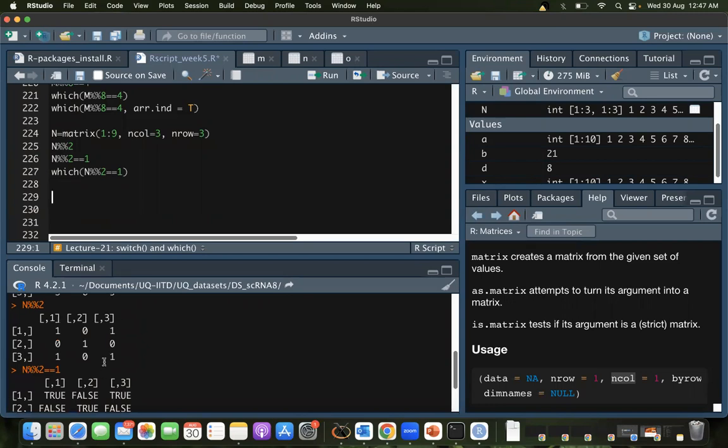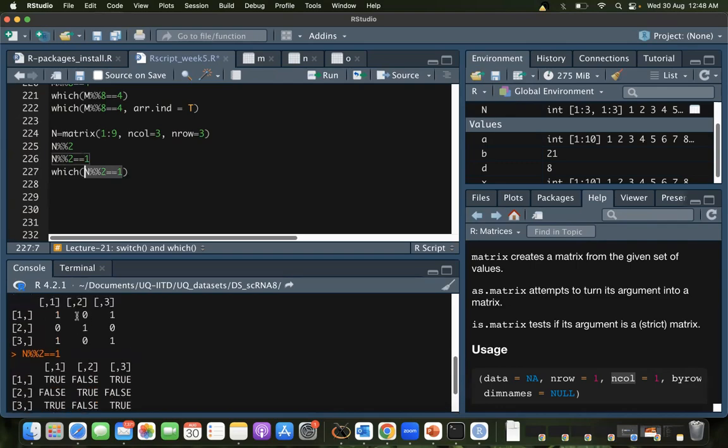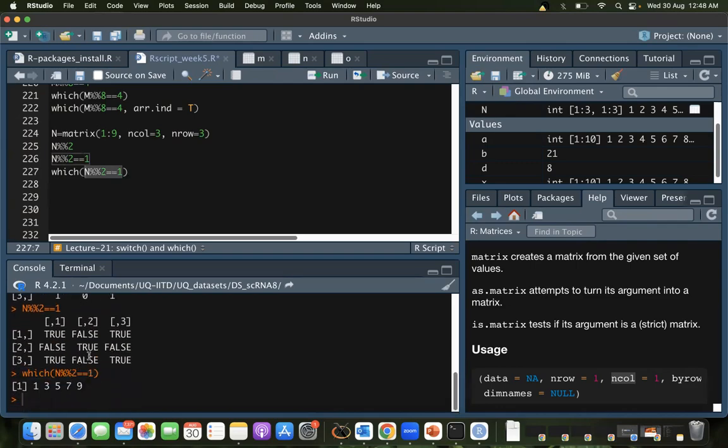If I got the answer 1, 3, 5, 7, 9, then how does it become 1, 3, 5, 7? In n%2 == 1, in the place of n, 1 divided by 2 is equal to 1, the remainder. How will it be 1?